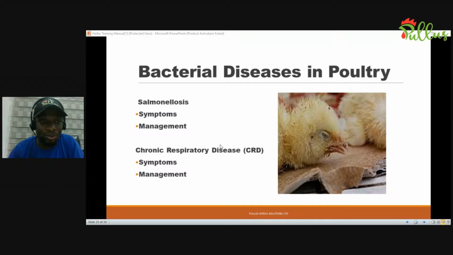like I mentioned to you. So it is very critical that you also buy a very good drug. When you are buying your tylosin-based drugs, try to buy drugs from good companies. Try to buy drugs that are of good quality, because it will help you in resolving this problem. Also, when you are managing bacterial diseases in poultry, that brings us to a very important topic.